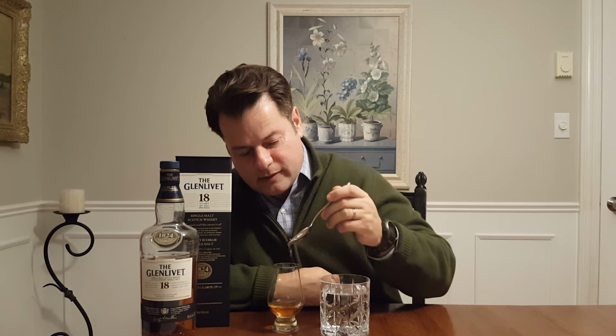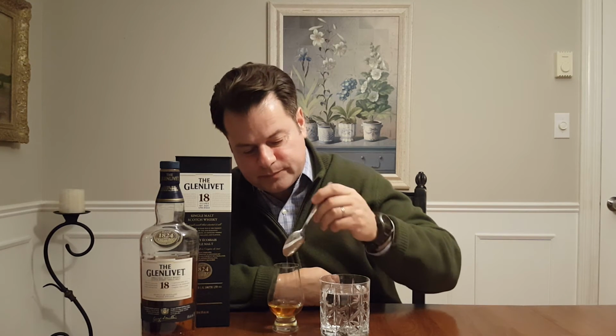And there is a cure. And the cure is water. Not the whole glass of water. Take your little teaspoon, maybe a little bit more than that. I find a little bit of water is a must for the Glenlivet 18. It will take away that bitterness, replace it with some creamy notes, and a bit more milk chocolate. It's amazing what a little bit of water does. It takes that bitterness, that grapefruit pith note, which is a bit annoying, away, and replaces it with more of a creamy